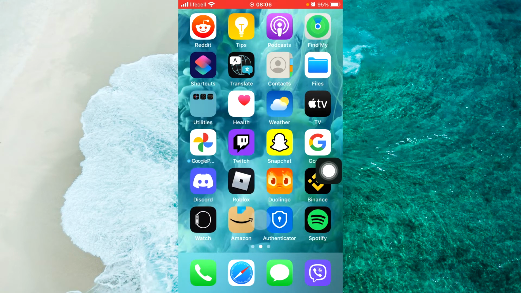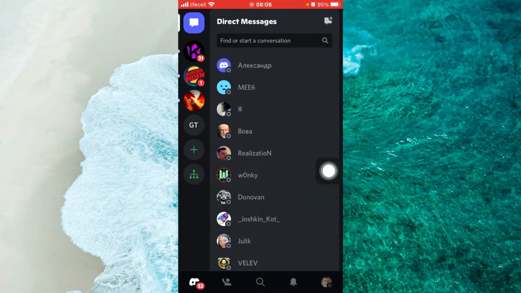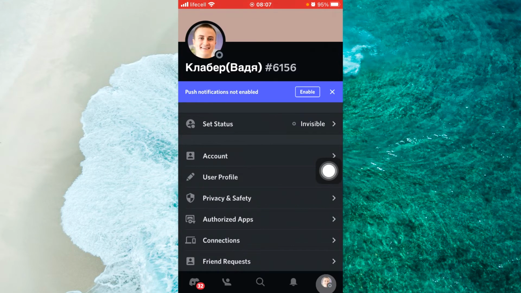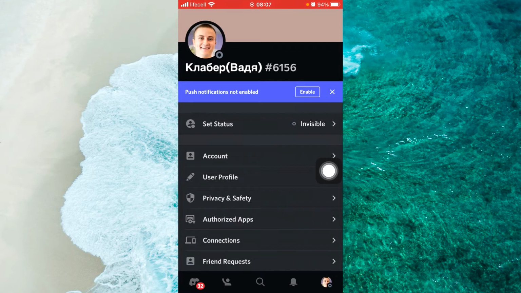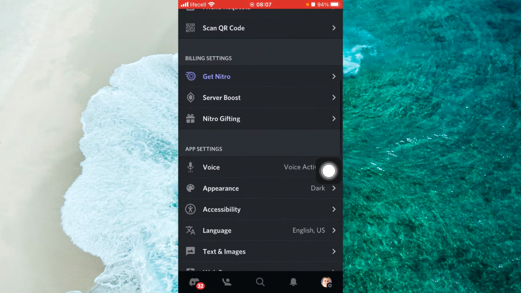Open up Discord. And when you open up your Discord tab, you will see at the top left corner all servers where you joined in. So basically you just open up the main menu. This means you just tap on the profile icon at the bottom right corner, and here is all your settings stuff. So just scroll all the way down,